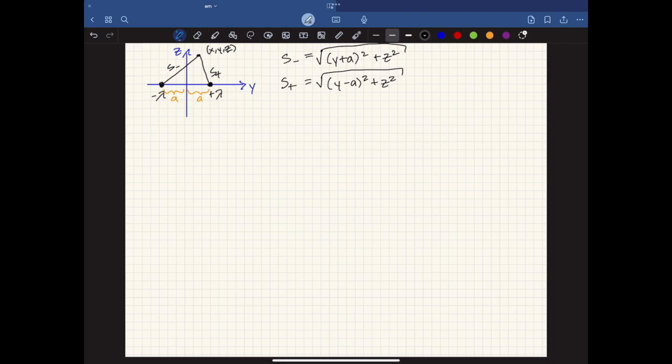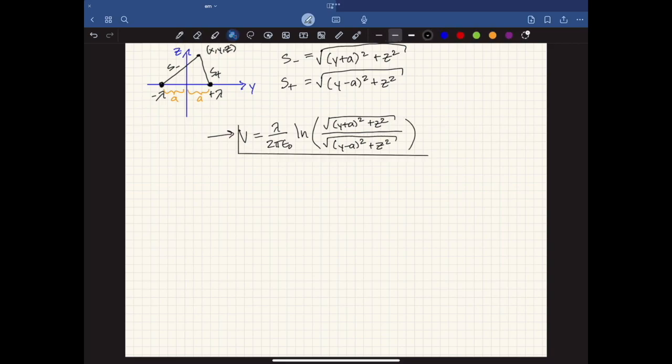Notice that because the wire is infinite and parallel to the x-axis, there's no x dependence in S minus or S plus. So now we can substitute these into the equation we found previously for potential. And here we have our solution